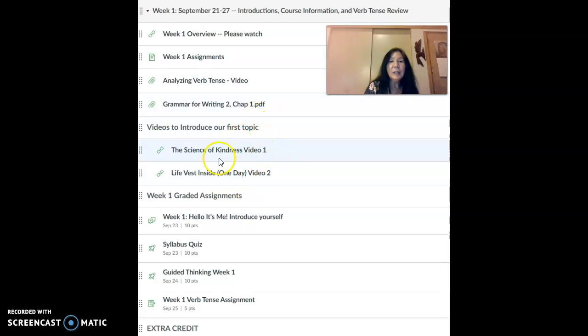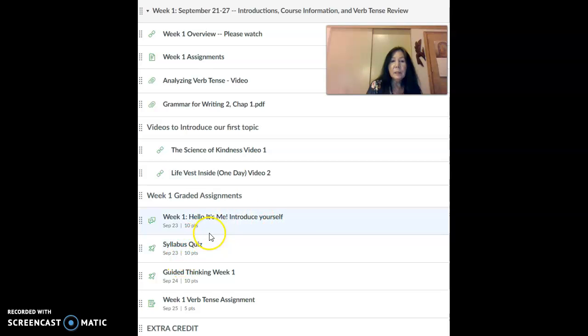Also, this week, I'm getting you ready to think about the first unit's theme, which is kindness, that we're going to be thinking about, writing about in our discussion board, like a journal. And we're also going to do our first timed write in week 3 on the subject of kindness, okay? Again, I have a header here. Notice this is a header. All right, so